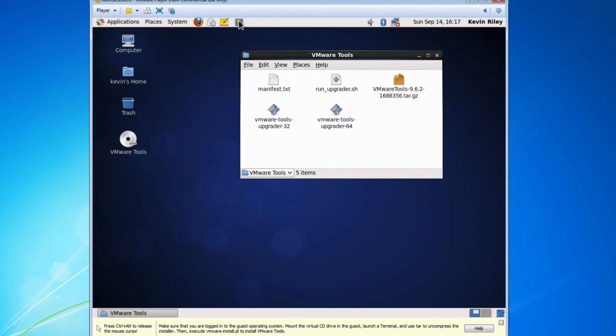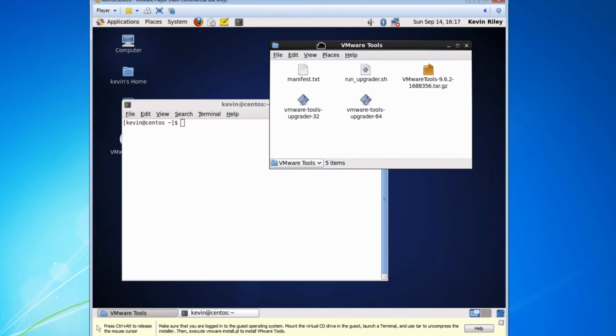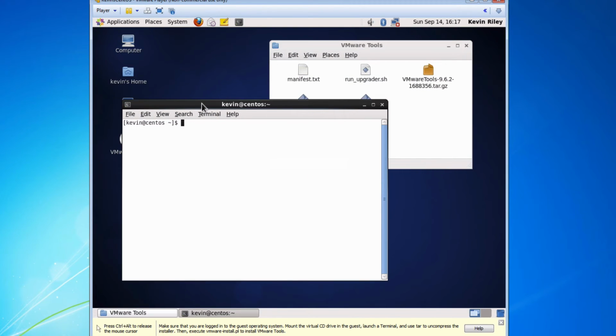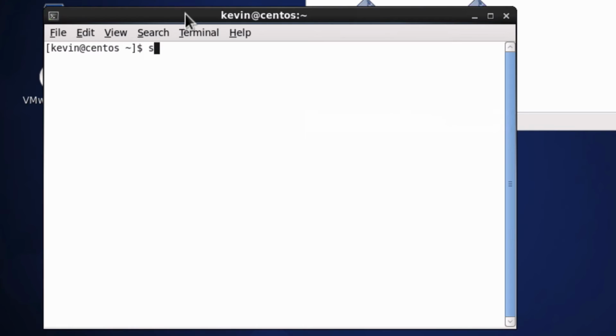Then click on it, and you're going to get this command line window. We need to become root in order to do this. So type su dash